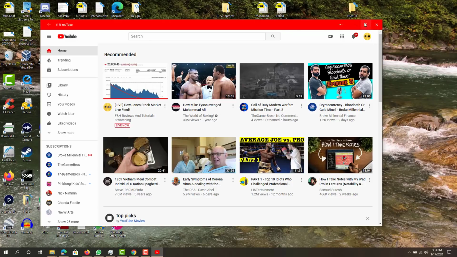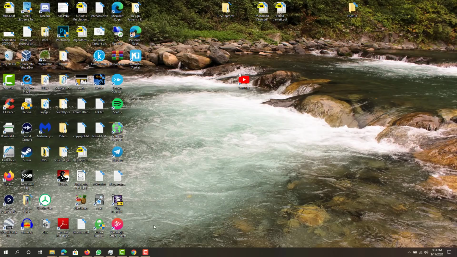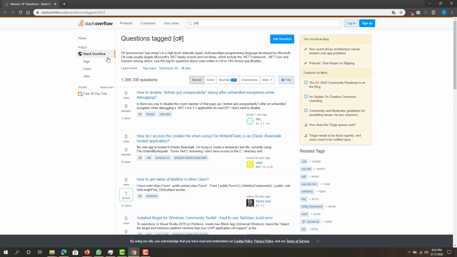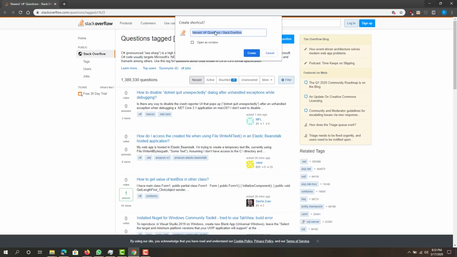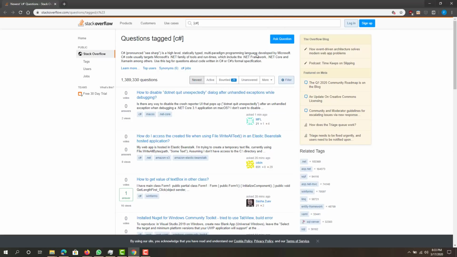So now let's check it out in, what is this other one? Chrome. So let's choose this site for Chrome. It's very similar. You want to click the settings on the top right, go to more tools, and then you want to do create shortcut. All right, so now let's name it. I don't want to put that full long name. Let's just do Stack Overflow, create,